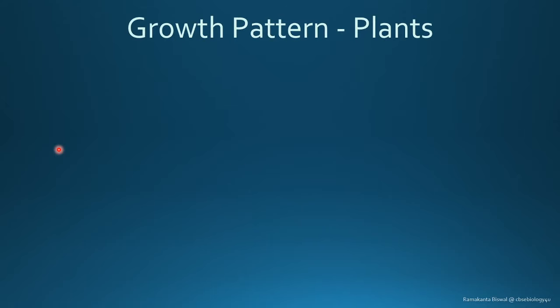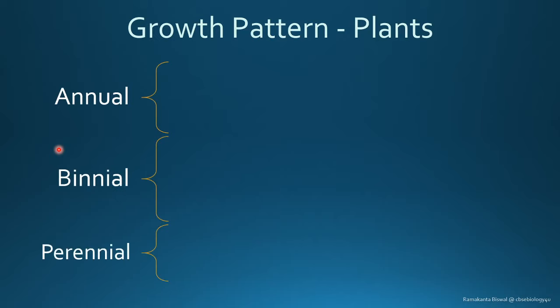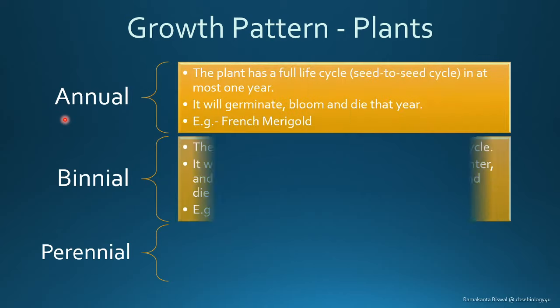Now, when we talk about the growth pattern of the plants, typically we have three growth patterns. We all know that there are some plants that are typically seasonal. For example, mango, we get the fruits only at a particular season, typically in the summer, not every time. Now, there are some others where we can get fruiting and flowering in an almost continuous manner. So typically, if you want to learn the growth pattern of the plants, we can divide them into three different categories. One is called annual, second is called biennial, and third is called perennial. I hope many of you might be knowing about it, but just to give you a recap, I'm just talking about this.